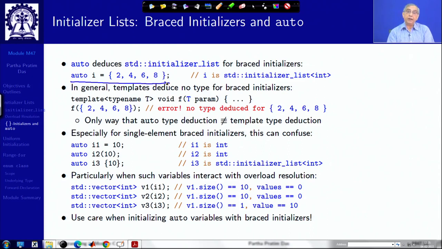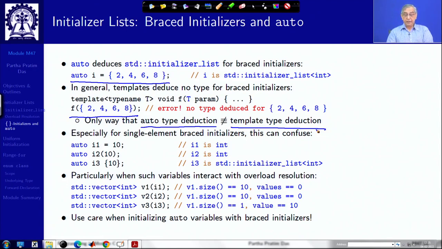an initializer list of int. You cannot directly use it in place of a template parameter. You would have expected to do that, but this is the only place where auto can go ahead with the type deduction, but template type deduction does not work, right. So, auto can do more. Template type deduction will not be able to deduce that T has a type std::initializer_list, but of int, but auto would be able to